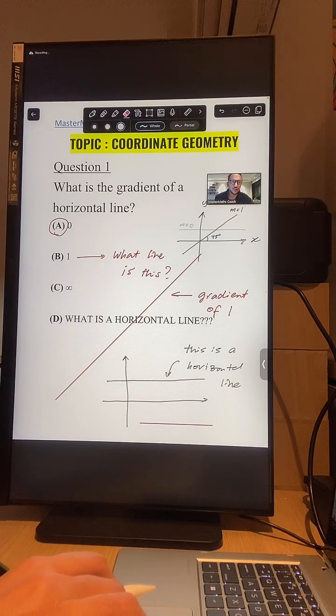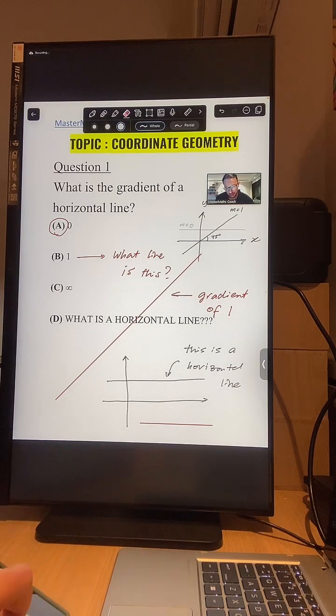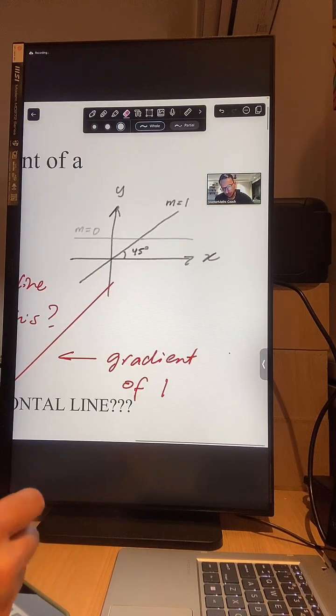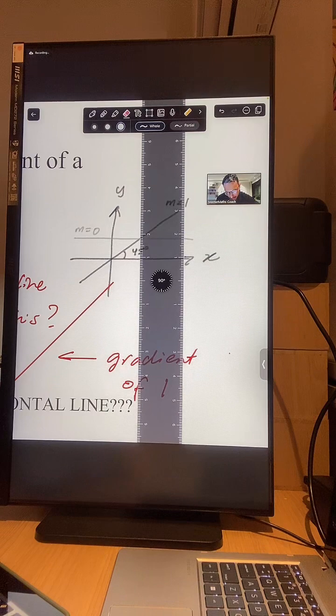Okay, very good. On TikTok, we have someone who mentioned that a line with a gradient of infinity is a vertical line. Okay, yeah, absolutely right. So turn this until it says 90 degrees. And then, okay,